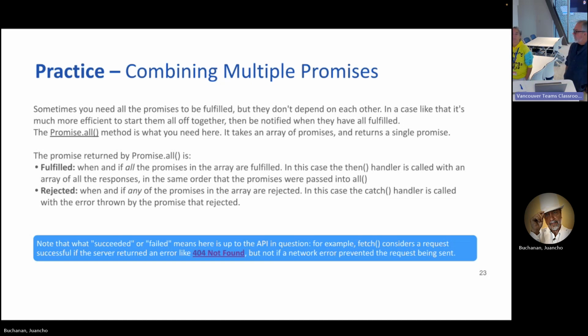Cool. So I want to make a sandwich, and I say to one person, go get the bread. I say to another person, go get the mayonnaise. I say to another person, go get the lettuce. And I say to another person, go get the meat. Right? And then, right.